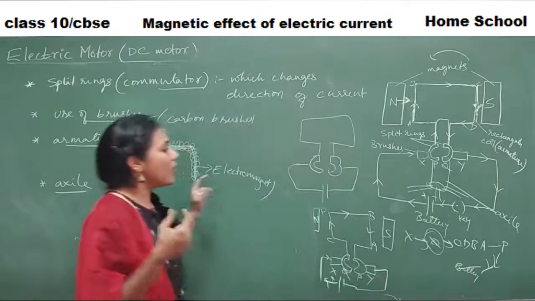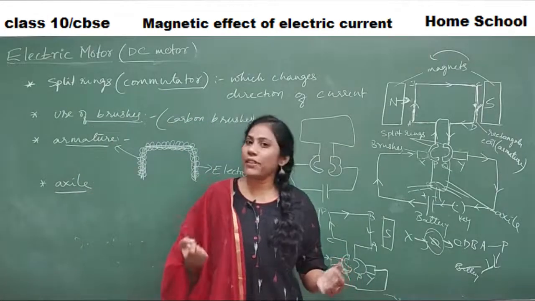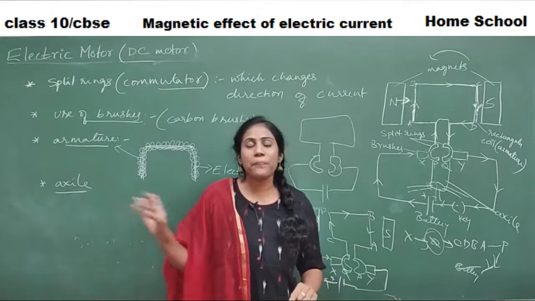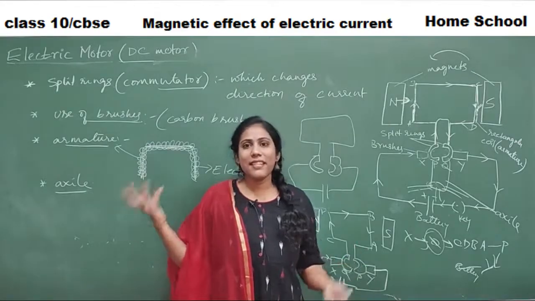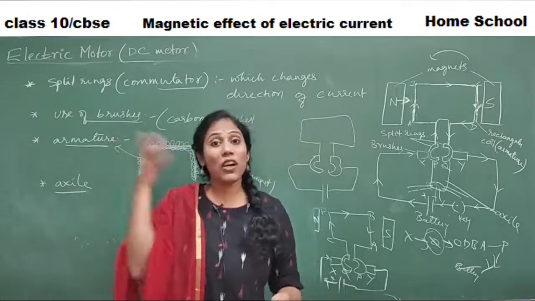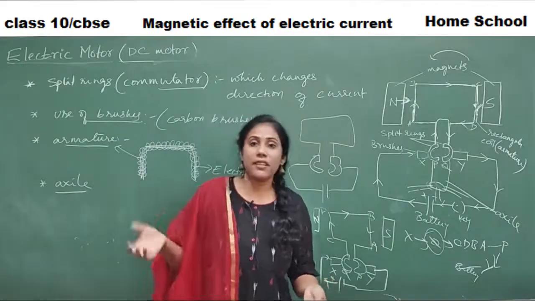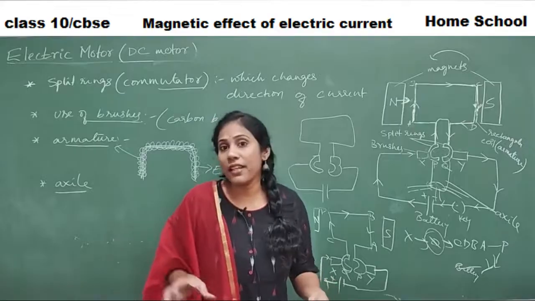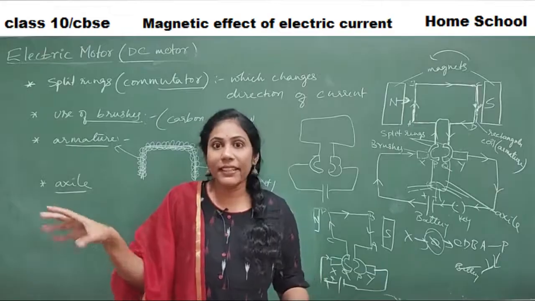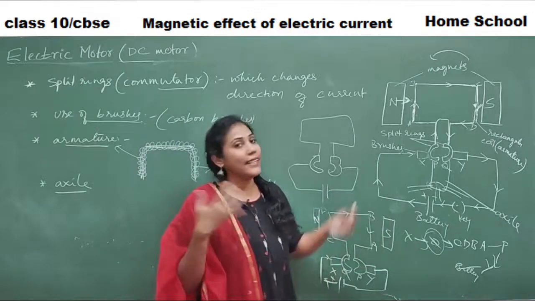Okay, so that's all about the working of the DC motor. Clear, everybody? All the points you should carefully keep in mind. I think I have covered all the points to the best of my knowledge. So one more thing is, where else is this DC motor used? It is mostly used in equipment that works on rotation, like fans, washing machines, mixers, grinders, even juicers. Even toys, electric car toys you would get, right? The motor present inside them is this DC motor or electric motor.